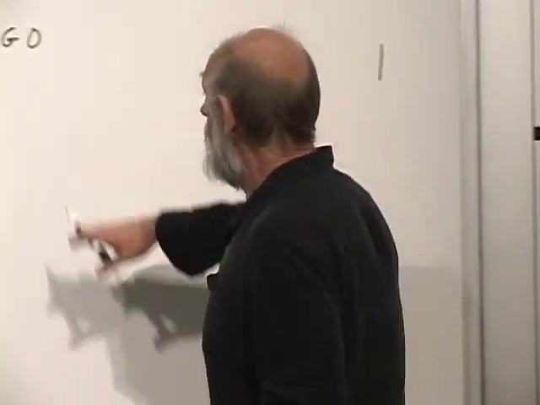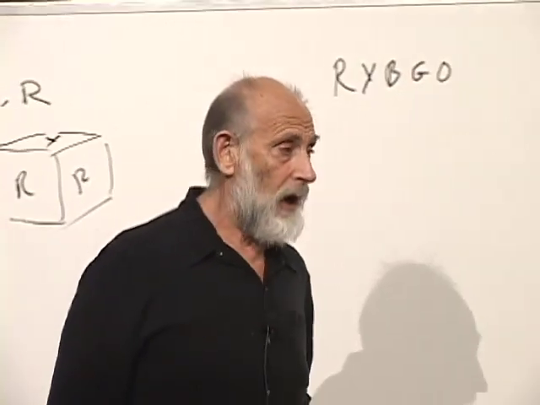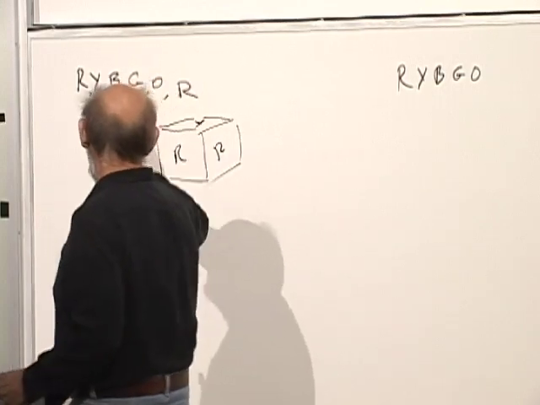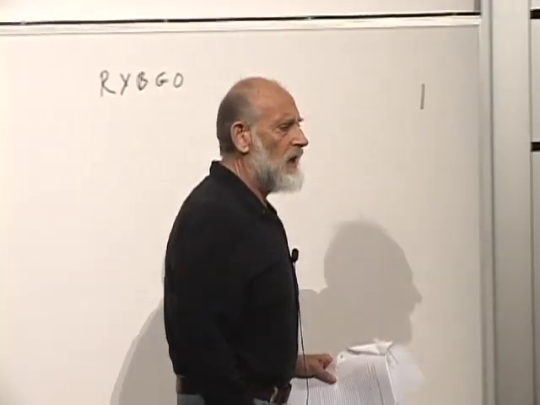In any case, here you have 5 colors. And if you didn't know any better and you didn't know very much about the die, you would say that's 1 in 5. But of course, the answer is not 1 in 5. The answer is 2 in 6 for red and 1 in 6 for yellow, blue, green, and orange. So what's going on? Well, the answer, of course, is that the real symmetry of the system acts on the 6 faces, not on the 5 colors.